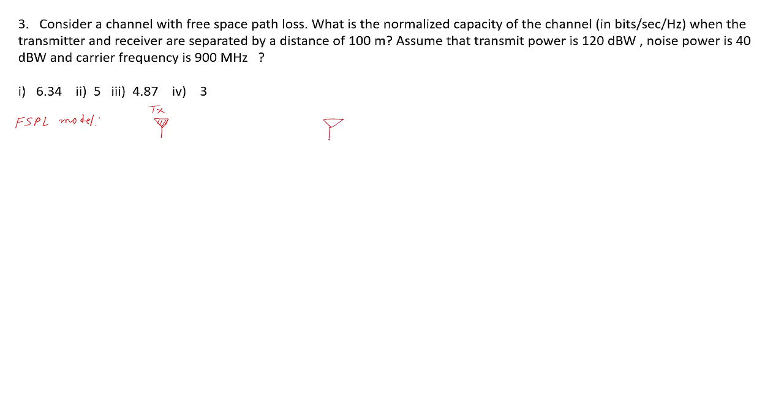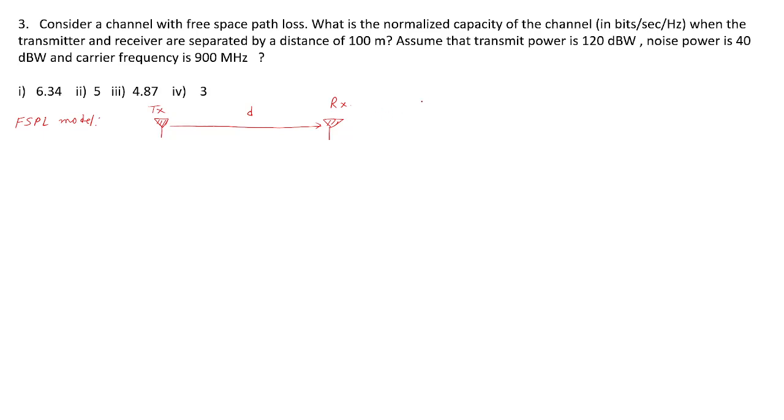That is, transmitter and receiver are line of sight with each other, and there is no obstruction or blockage between them. And if their distance is d, and the antennas are isotropic, then actually